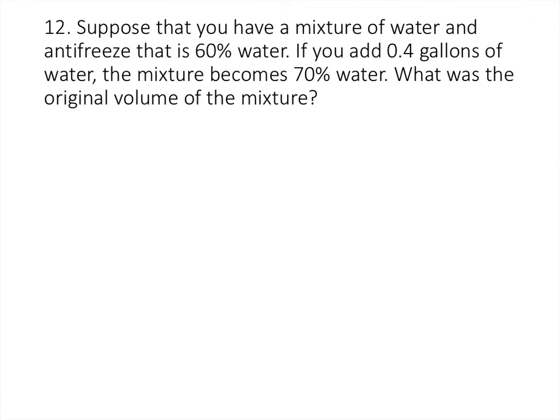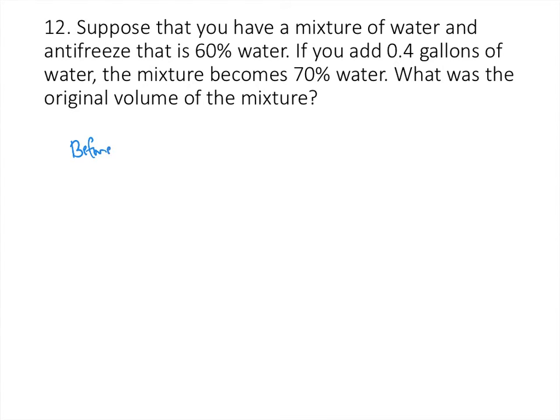Now we have a mixture problem. We have a mixture of water and antifreeze that is 60% water, and we want to add 0.4 gallons of water to that, and we find out that the mixture becomes 70% water, and we want to know the original volume of the mixture. So the way that I recommend that you work these out is to make a chart